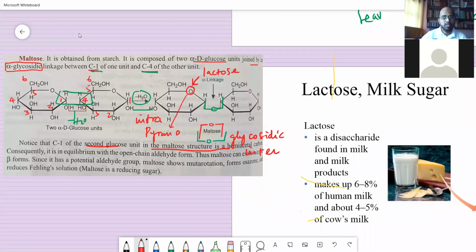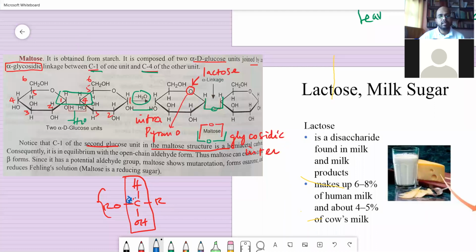considered as a nuclear open chain already formed. Hemiacetal means, as I told you, you have to consider it as H, R, OR and OH. Okay, in the hemiacetal structure, if I put a flower bracket, it goes like this: H, C, R, O and H. That means this particular carbon atom can also have a structure like this, with C and OH, the OH may be on top or the OH below.